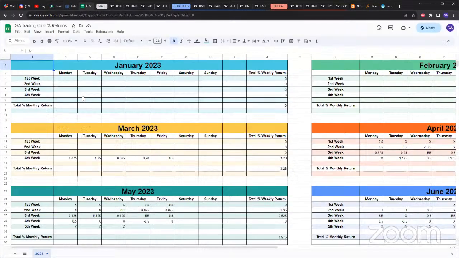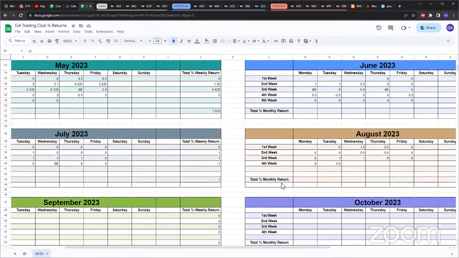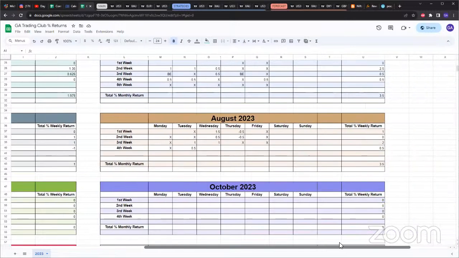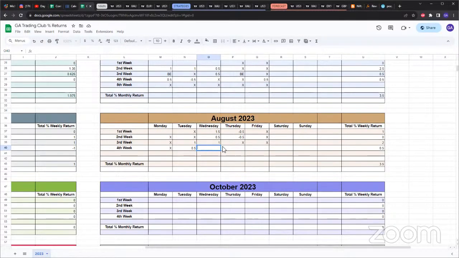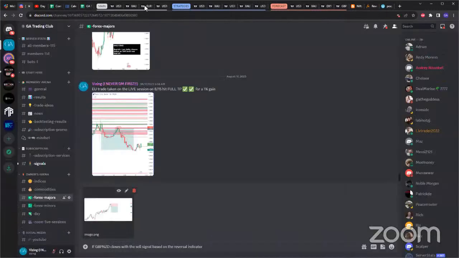So in the meantime here, yesterday we didn't have any trade taken. Oh, yesterday we had a win thanks to Desire. Today we'll see. Hopefully we get a trade and we make a nice 1% and be up like 4.5% this month. If not, then we'll just have like X, meaning no trade. But personally, of course, I'll have like a loss if that happens. All right. If there are no other questions, I will talk to you guys later.